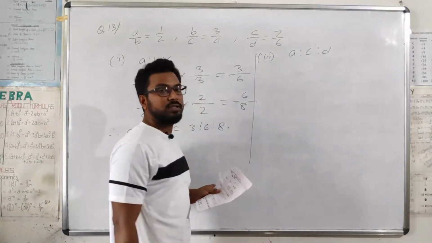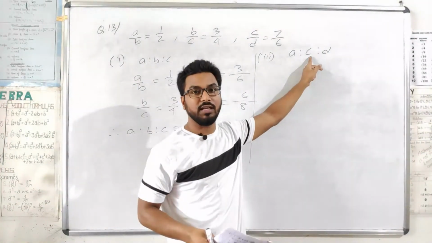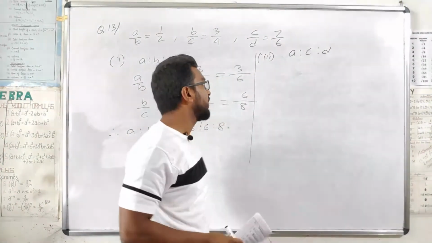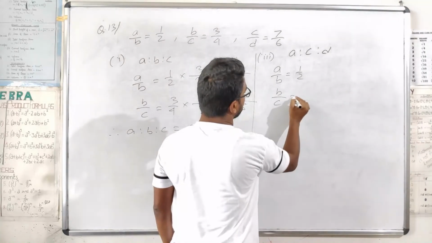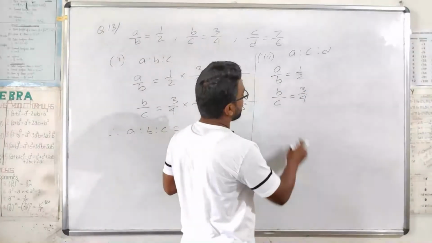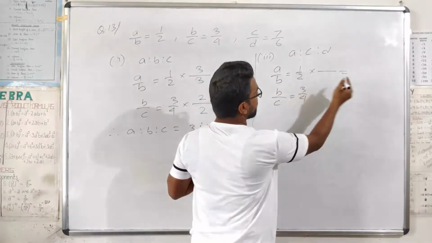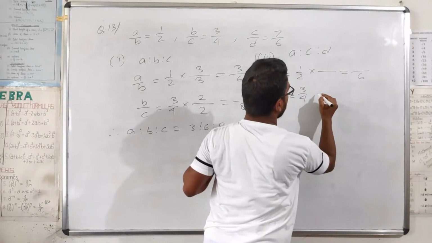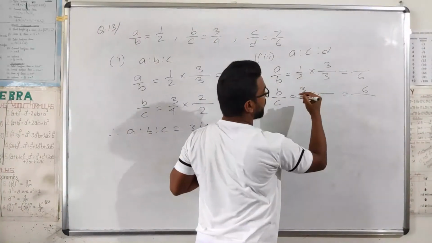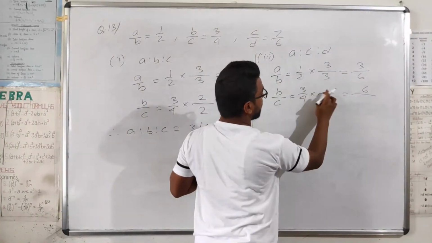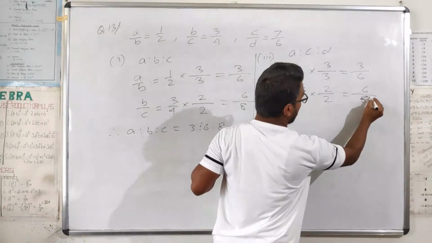Next is given A ratio C ratio D. Okay, now you see the gap between A and C, that is one gap is there, right? So what to do here? First we have to find AB. AB is given 1/2 and BC is given 3/4. Now here you see B is common again, so the LCM of B will be how much? 2 and 3, 6. So write B is in the denominator, here you write into the numerator, it is 6. Fine. So 2 3 is 6, so here also you have to put 3. So 3 into 1 is 3. So 3 how many times is 6? 2. 3 2 is 6. So here also you have to put 2. So this will become 8.